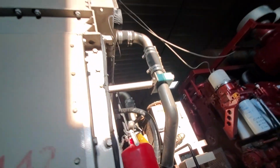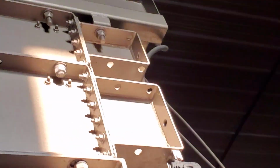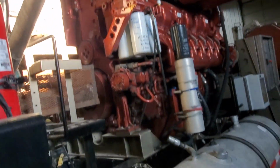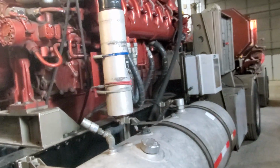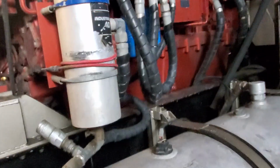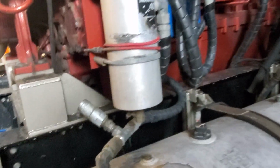Also, you have a sight glass. That's your sight glass, so you can see how much is in there. They may have done some work on the radiator, which is probably why there's no coolant in the sight glass, or it may be stopped up or something. Anyway,